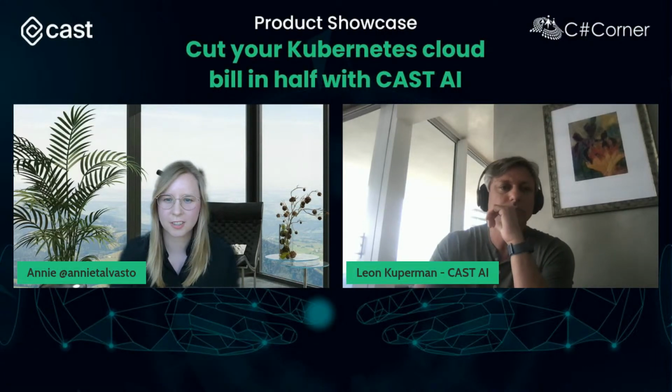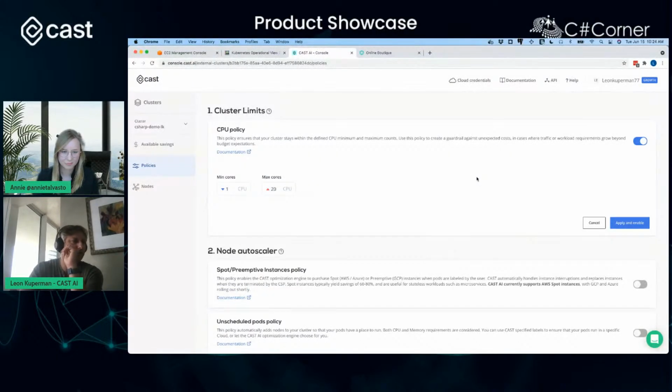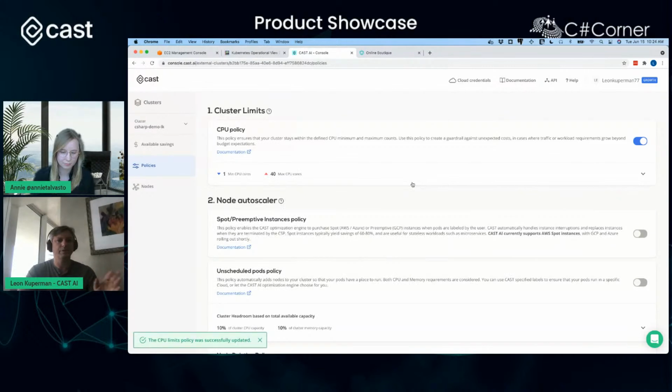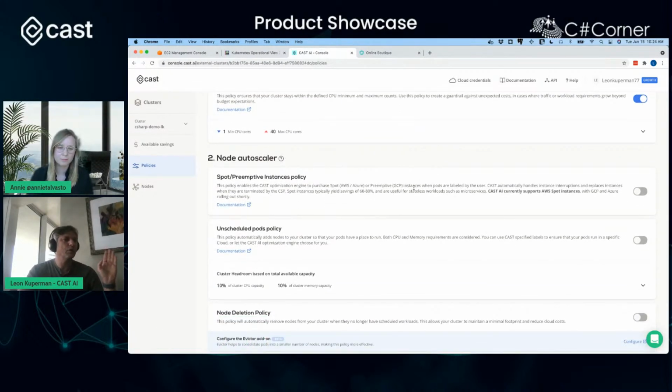I think then we can continue with the demo. Awesome. Let's start optimizing. We've got our cluster connected now, and we really want to see some of these savings. I'm going to walk through some of these steps a little faster now. There are 4 basic policies that you have to set. The first one is just a limits policy. Let's just up this to 40, so we don't have a cluster that grows too crazy based on workload. We want to enable the node autoscaler.